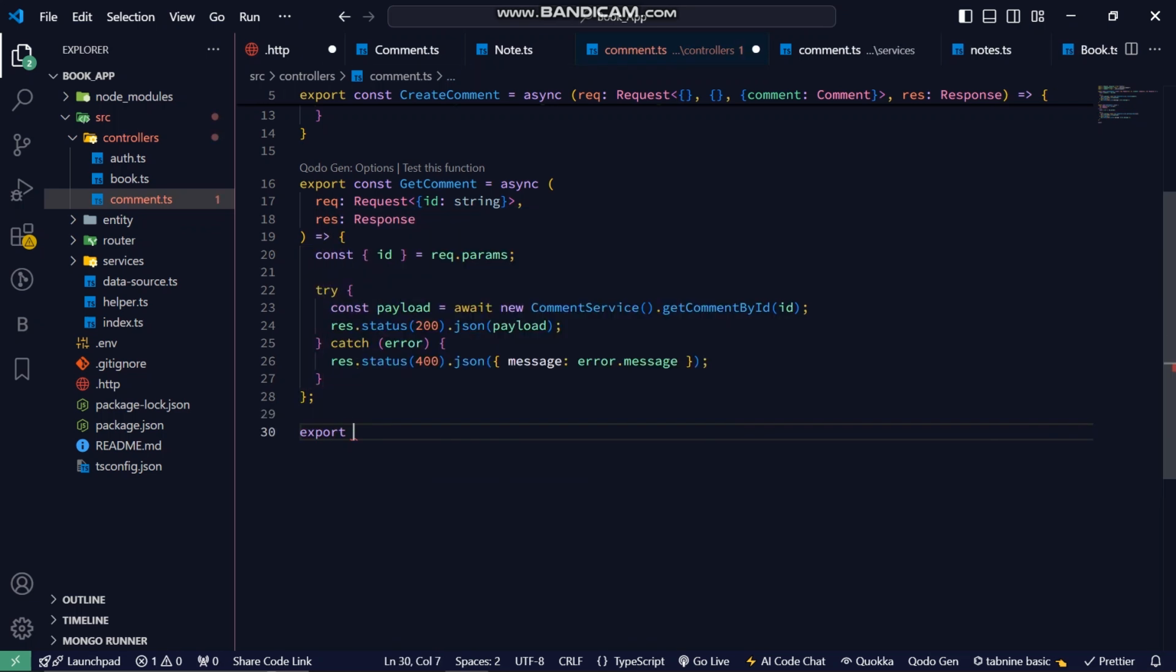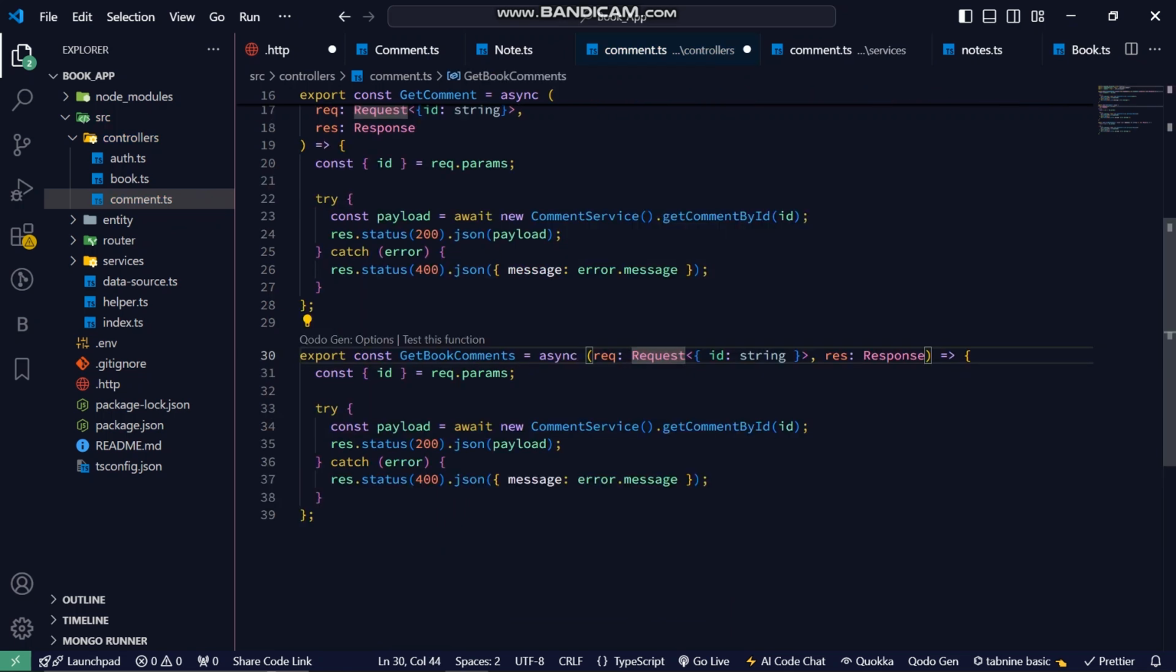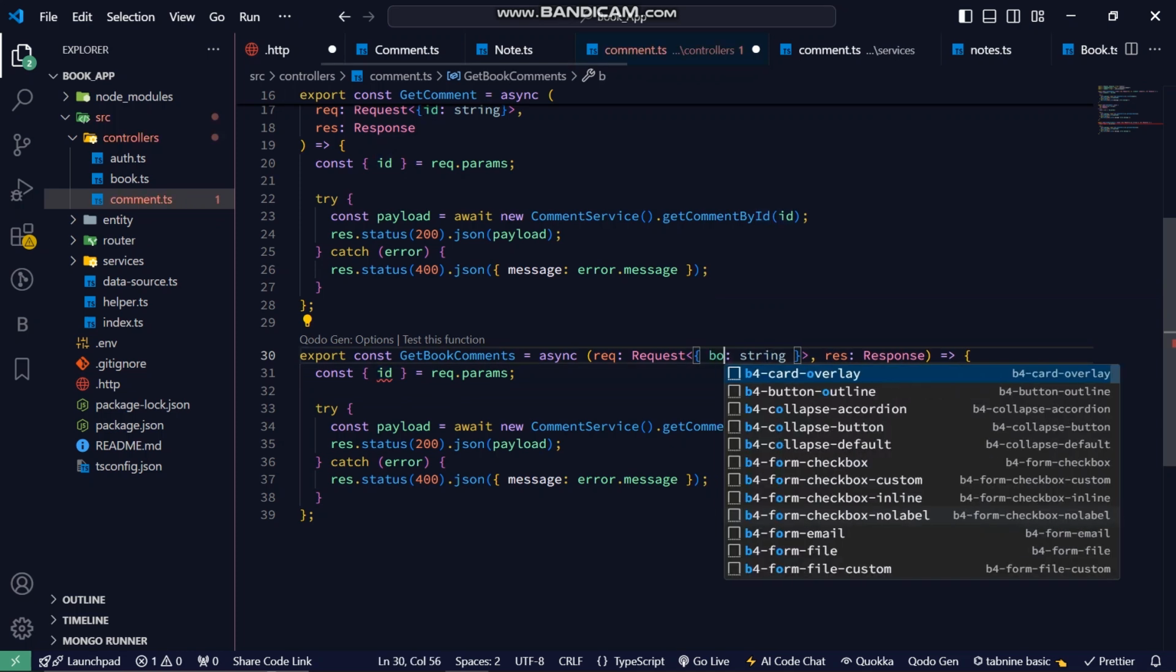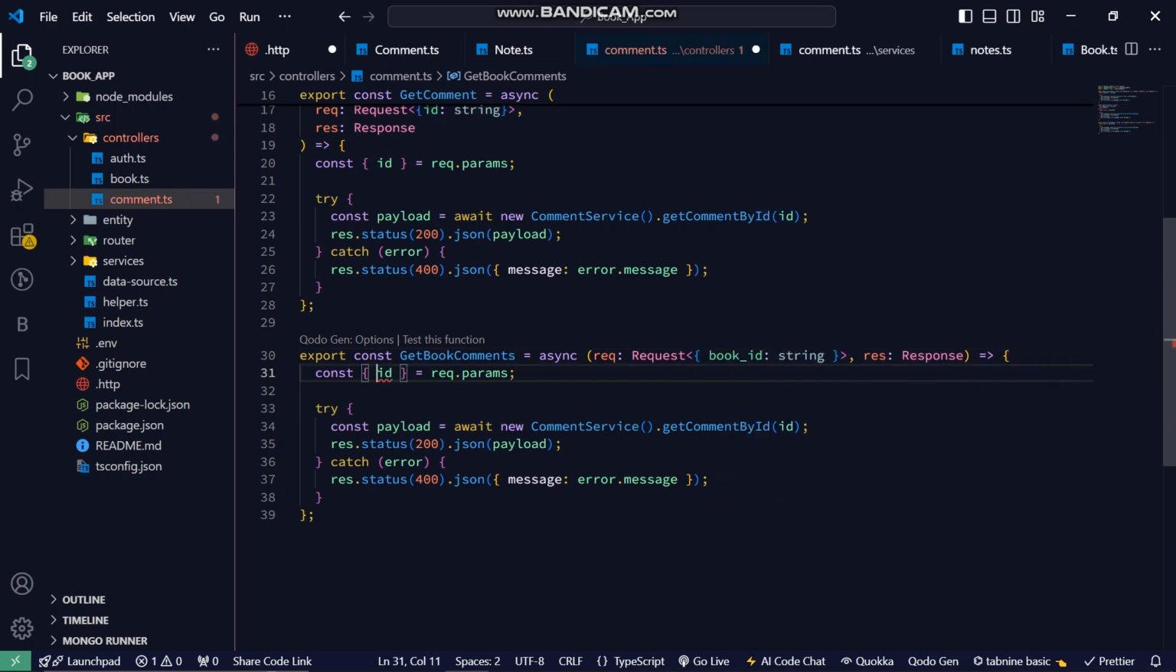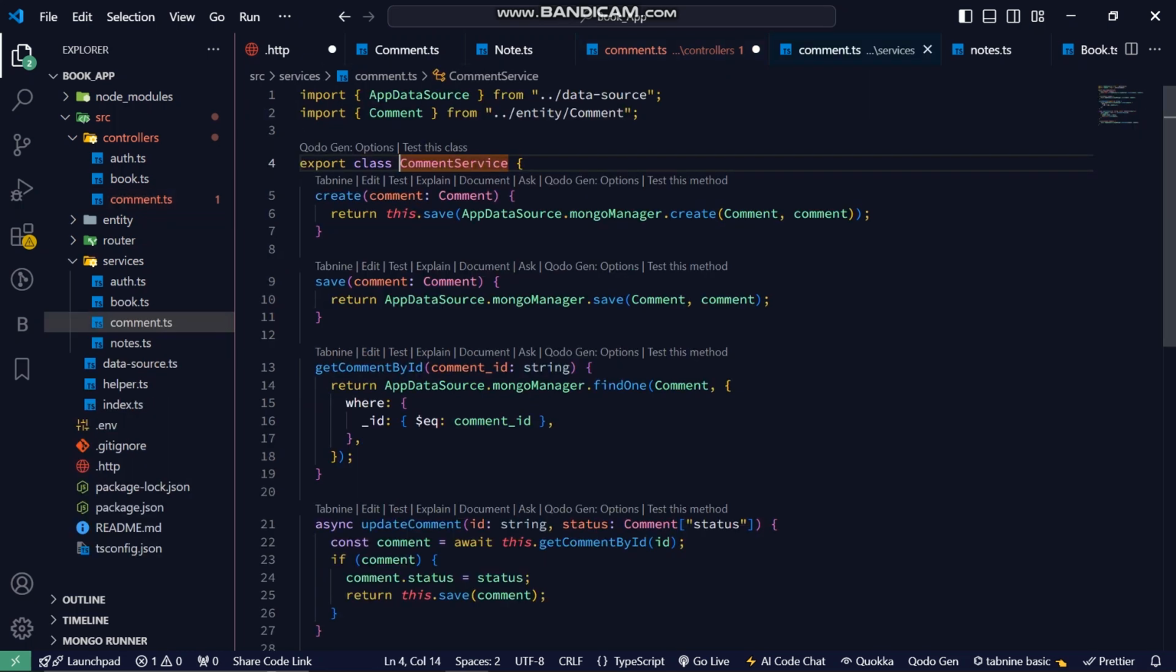We will create and export another root handler function named getBookComment. We will type the request params to be an object with the book_id property which is a string. We will destructure the book_id property from the request params. We will pause with this function implementation. Then we will head back to